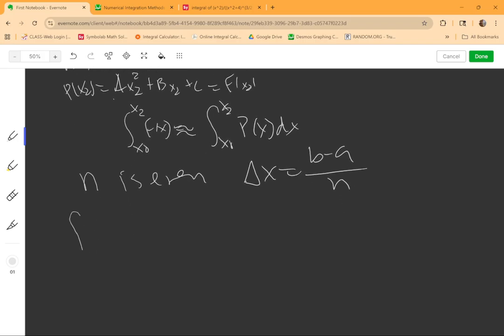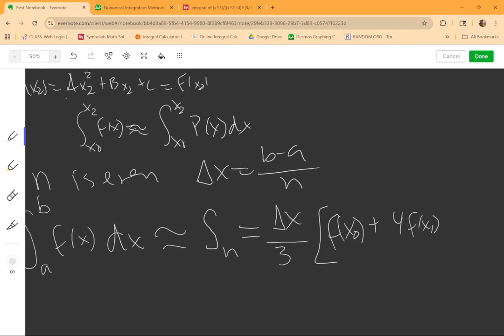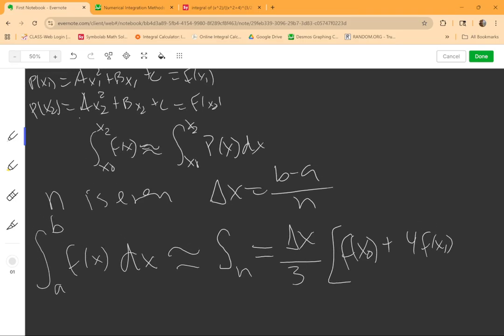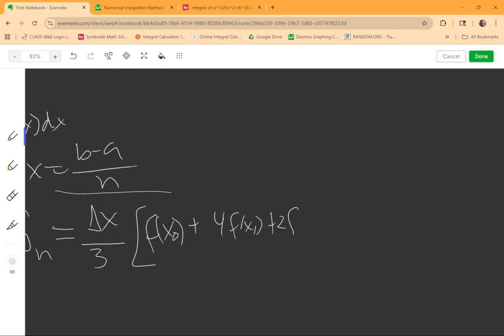N is even, and after deriving this formula, Simpson's rule, which we'll call capital S sub n, is equivalent to delta x over 3 times f of x0 plus 4 f of x1 plus 2 f of x2 plus 4 f of x3,